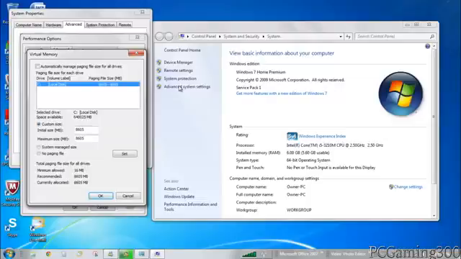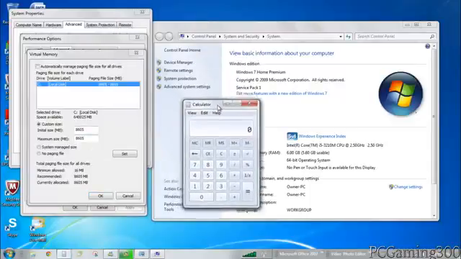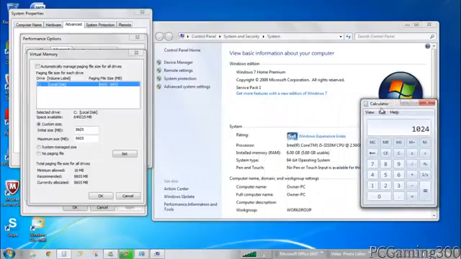So once again, remember to note this RAM over here. If you forgot, you can usually just check it back. And you want to open up a calculator. You can do it without a calculator, but it's a lot easier with one. 1024 megabytes is 1 gigabyte, and obviously over here it goes with megabytes. So what you want to do is multiply that by the amount of RAM you already have on your computer, so your physical RAM, installed memory. So mine is 6, so I'm going to multiply that by